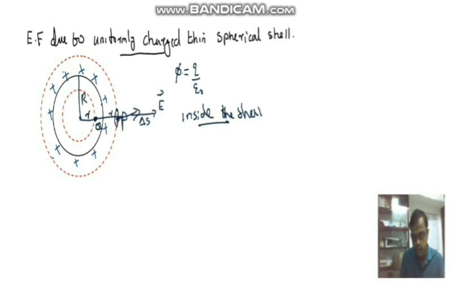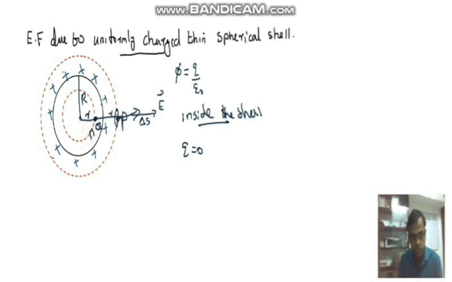By using Gauss's theorem, phi is equal to Q by epsilon 0. That means what is Gauss's theorem talking about? Gauss's theorem is talking about flux being 1 by epsilon 0 times the total charge enclosed inside the Gaussian surface. Is there any charge enclosed? No, because the charges are distributed on our actual surface. See, this is a surface, and the surface is outside of this Gaussian surface. So there is no charge enclosed in the Gaussian surface, so Q is equal to 0 for the second surface.